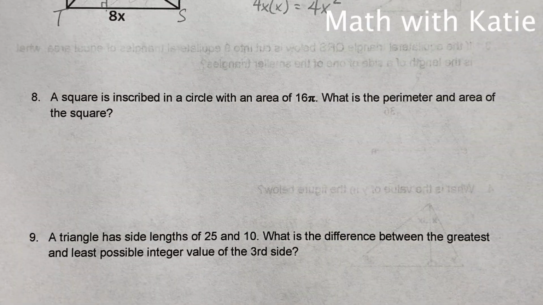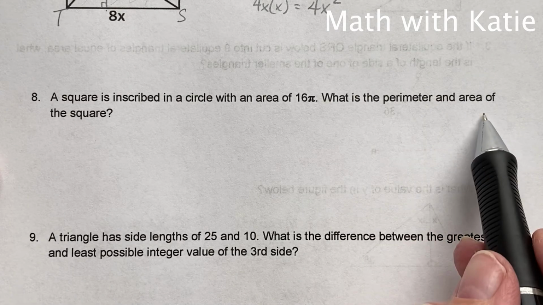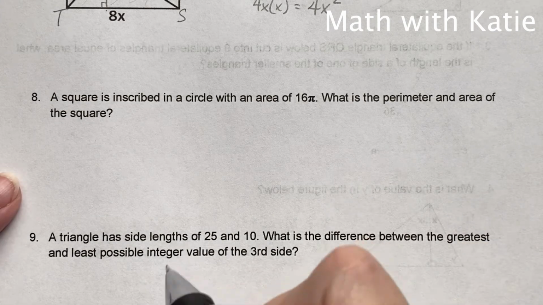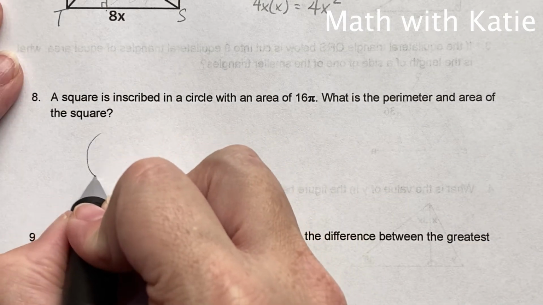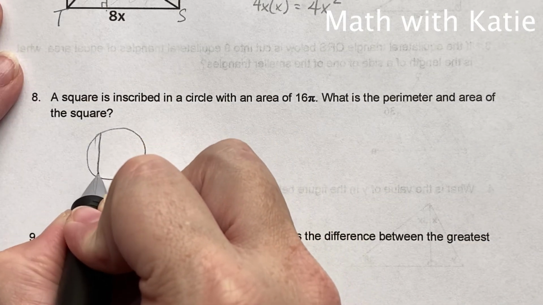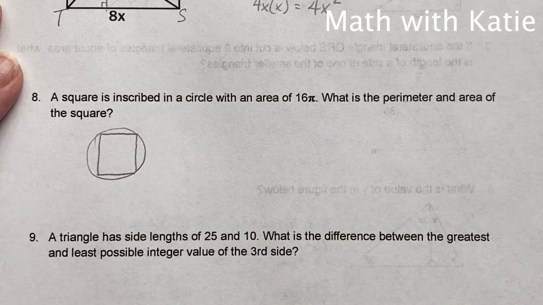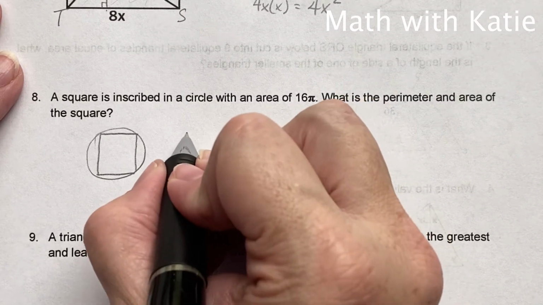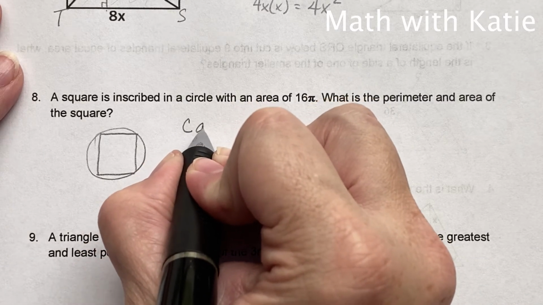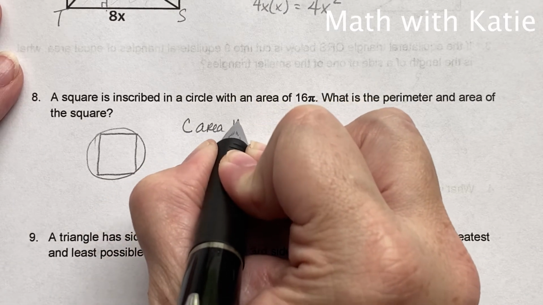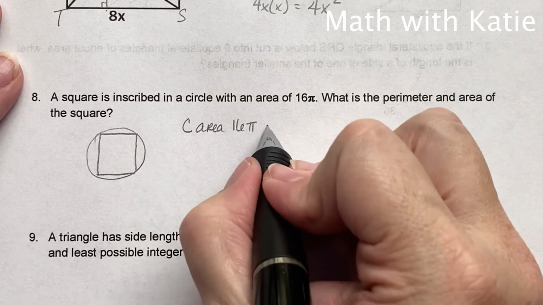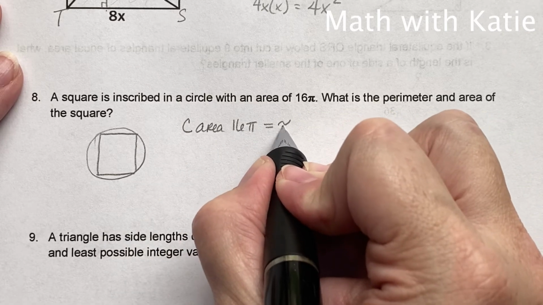A square is inscribed in a circle with an area of 16 pi. What is the perimeter and the area of the square? Okay, so we have a circle, we have a square. The circle has an area of 16 pi, which we know the formula for area is pi